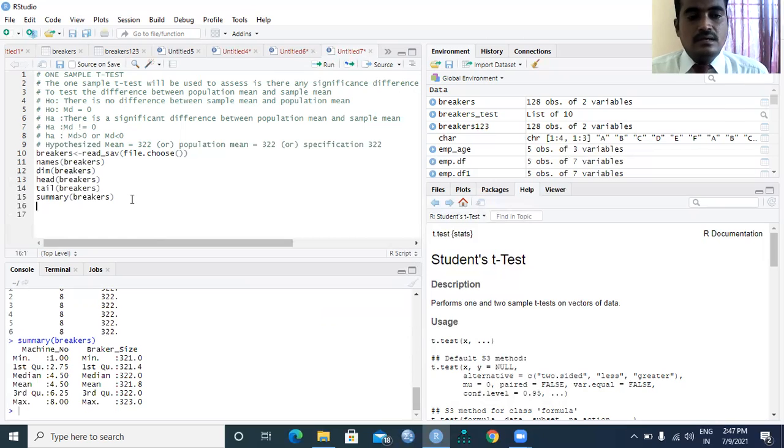Now suppose you don't know how to conduct a one sample t-test. Just pass a question mark and t dot test.